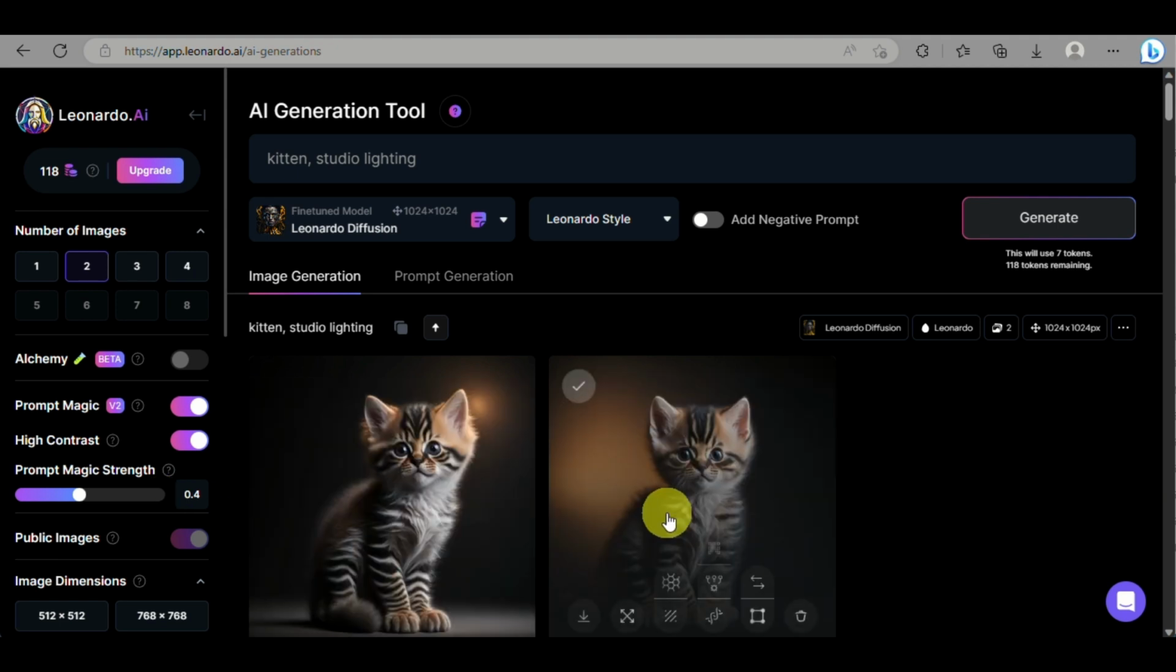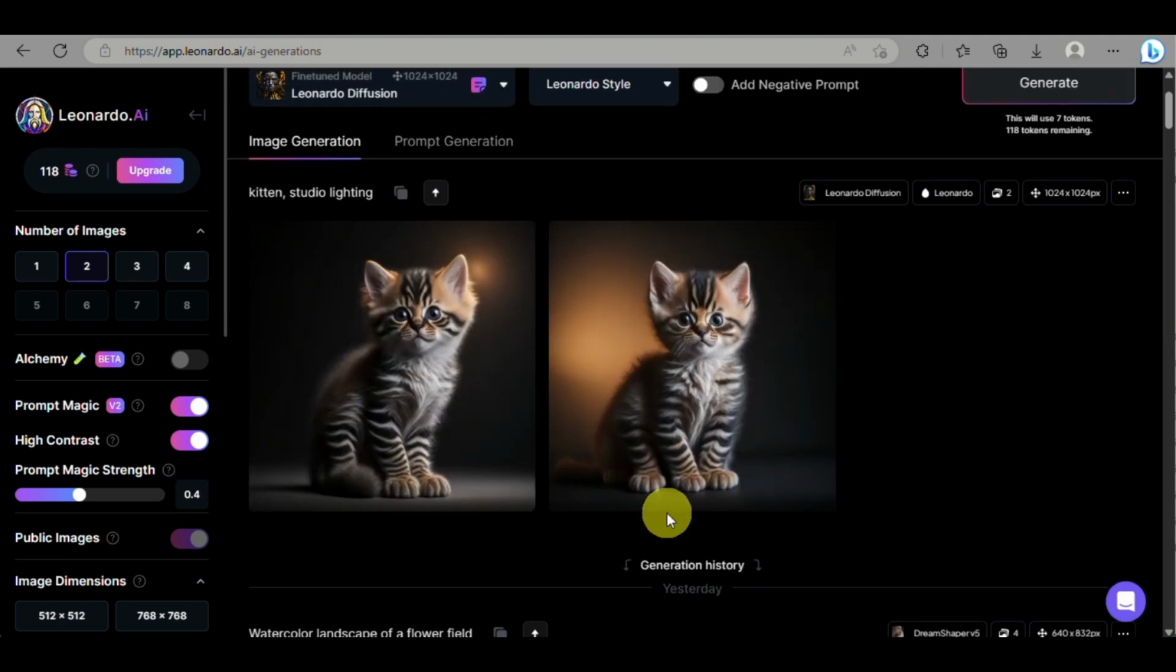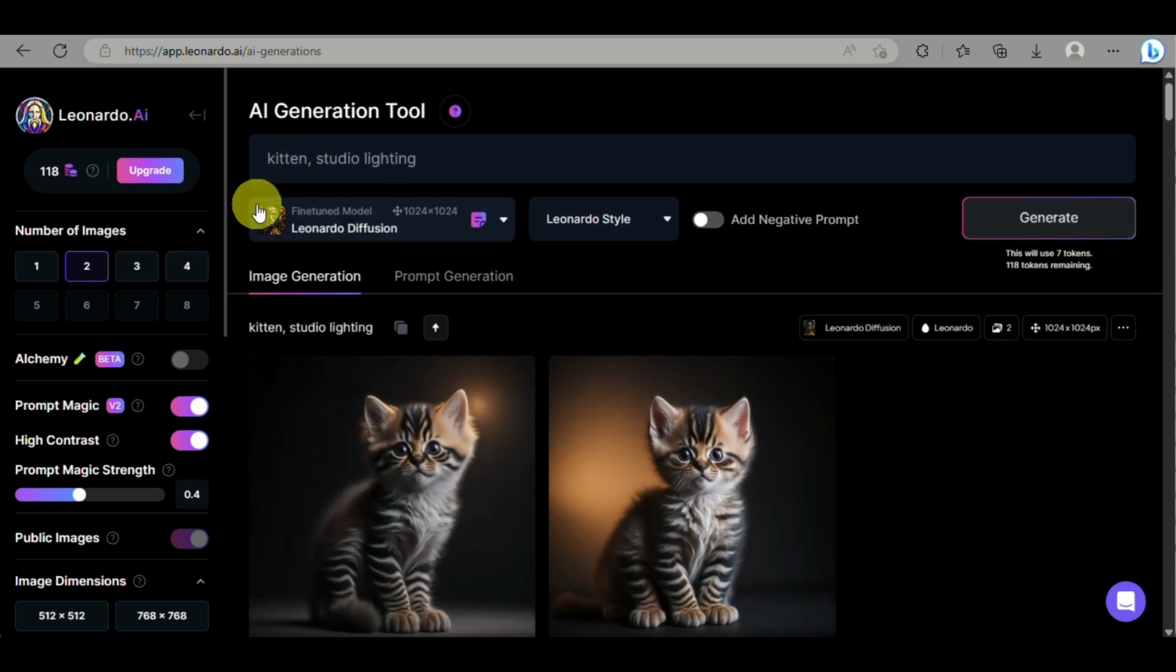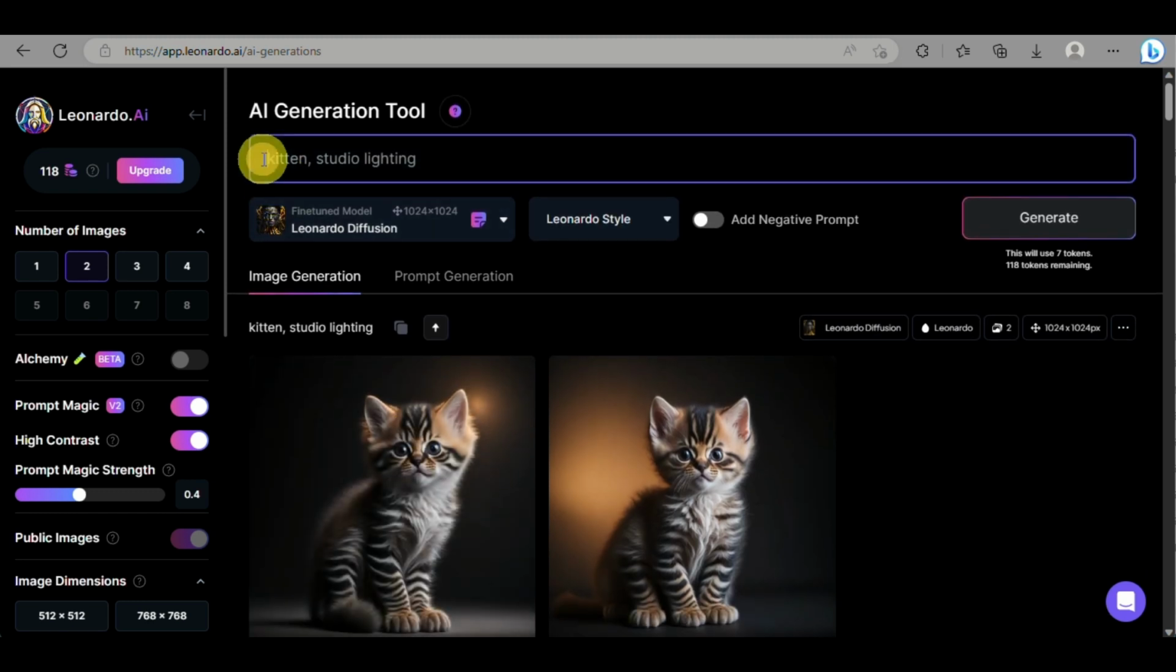AI image. Here, kitten studio lighting. And you can see that there is a realistic image of a kitten that looks like it has been taken in a studio. You can also add details like extremely detailed, or you can even add texture. For example, you can also incorporate words like kitten punk or